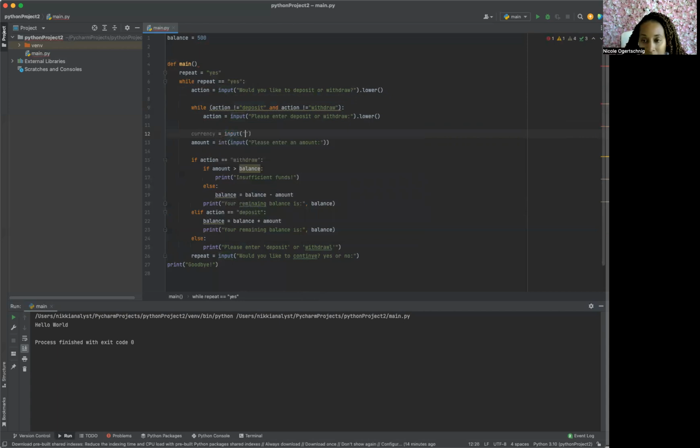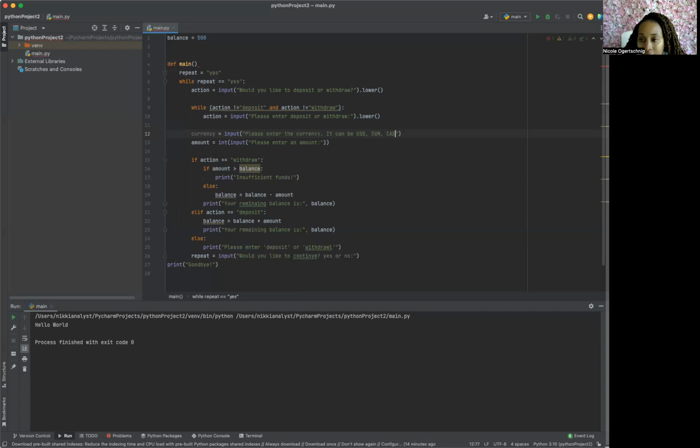Input. And remember, input statements means someone's going to input an answer. A print statement just means print. Input is asking a question. So I want to know what kind of currency you got, please. Enter the currency. We're going to let people know it can be US dollar, a euro, or